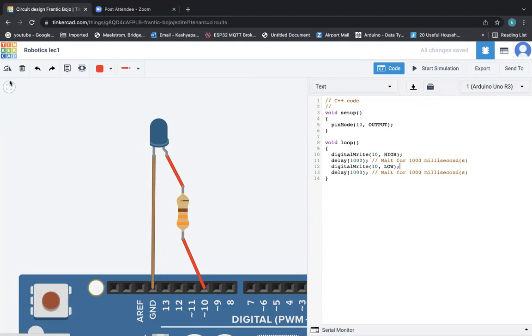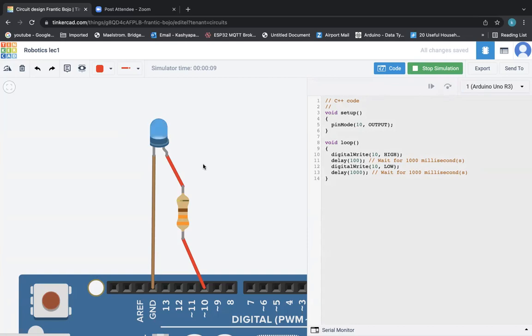Now one of you asked the question, how to stop this blinking? So first of all, let's try to change these values. I want you to change this value to 100. 100 milliseconds, you keep the LED lighted up. And then 1000, 1 second, 1000 milliseconds, you keep the LED switched off. And then shall we simulate this and see? So you can see it is now blinking like a signal light. So it blinks fast.